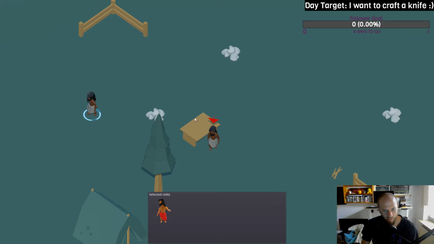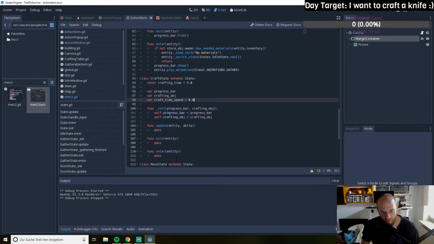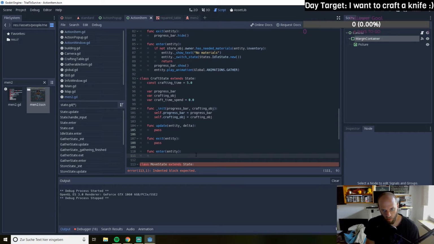And in the end, if he is finished with the crafting task, of course we need to generate this knife, and he should have it in the inventory. So that's everything that should happen while we do the crafting state. So I guess the enter state is most likely like the storing state. So what we need to do is show the progress bar,